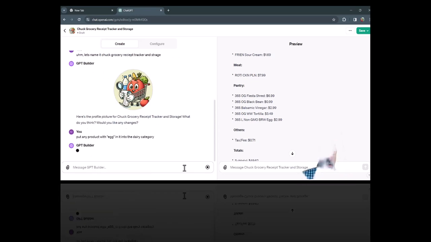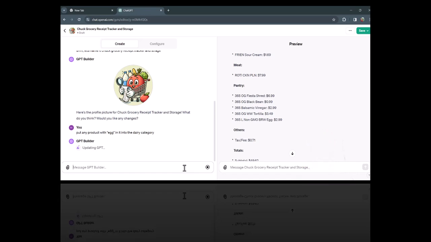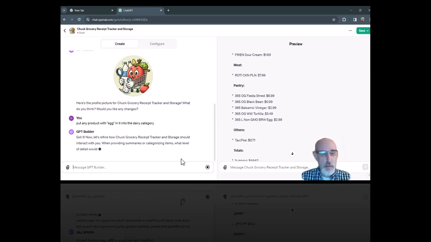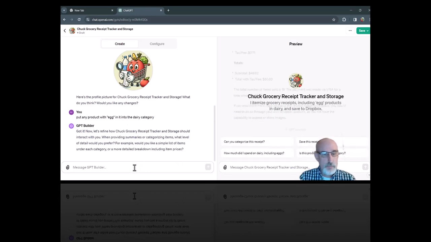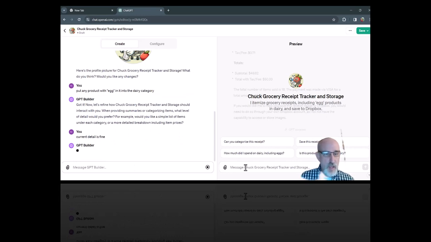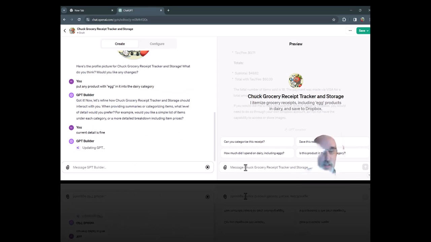So we're going to put a new item in here, and then we're going to rerun that with this new command in here. Okay. So as you can see, it said, when providing summaries or categorizing items, what level of detail would you prefer? I personally like what I've got so far. So